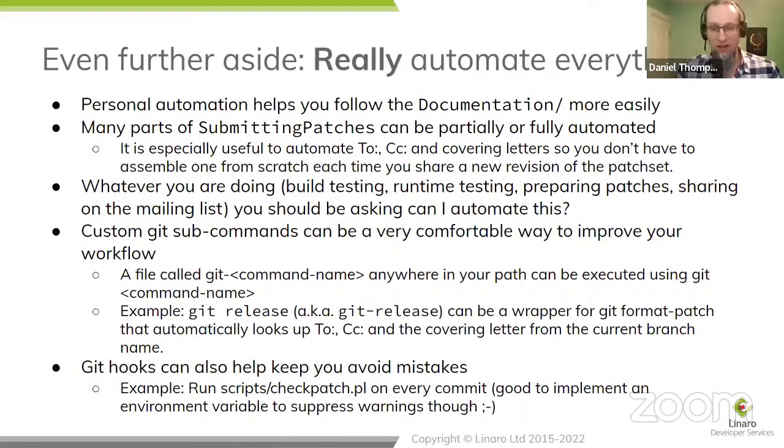So when I run git release, it can look up the branch, it can find my engineering logbook, it can fill in the covering letter for me, and everything that I said last week about filling in that covering letter template is automated, so that when I do version 2 and I release, the covering letter is already there, and I can edit it, add a changelog, regenerate it. It's a very simple piece of automation, and it is personal. It is connected to my engineering logbook, which is why I don't see the need to share the code.